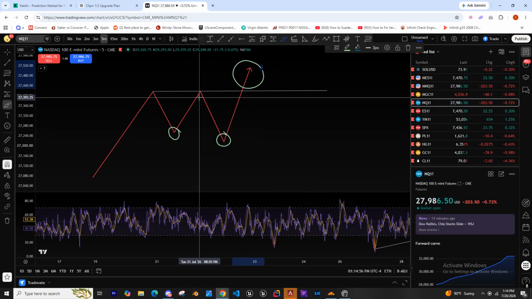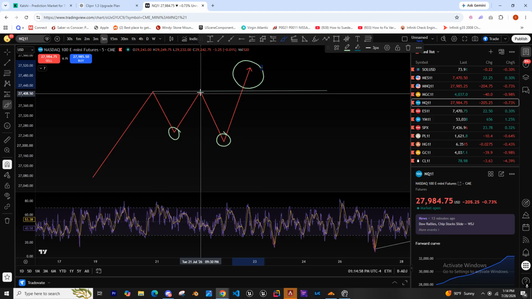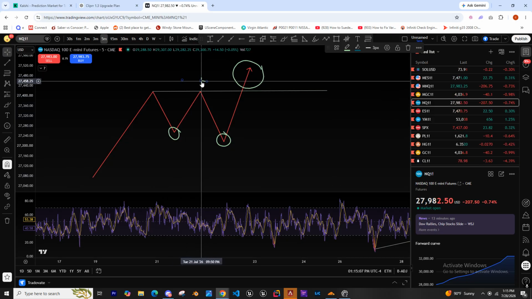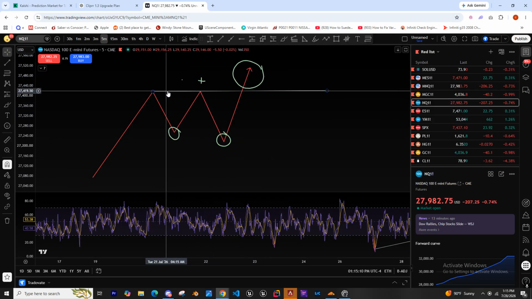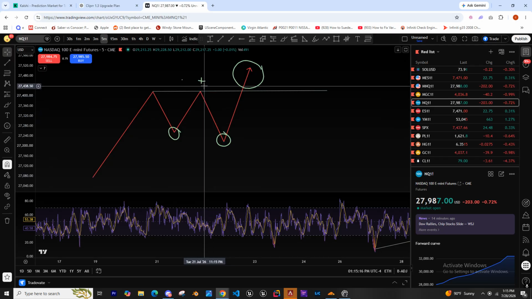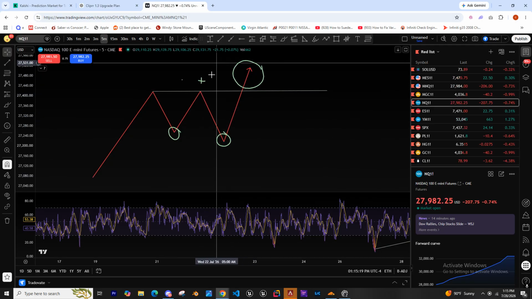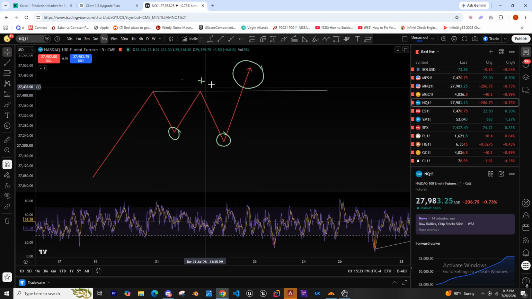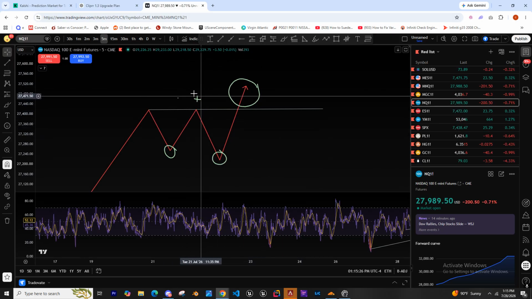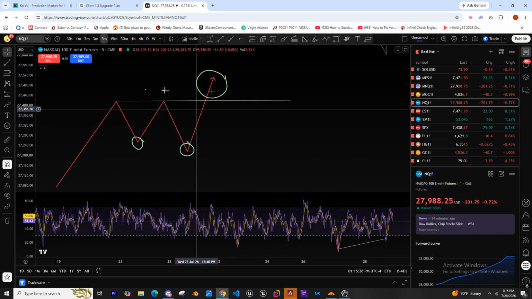So if I'm shorting and I'm looking for price to go down here, I'm going to put my stop loss above this level of liquidity. I mean, this level of resistance, because I'm looking for price to go down. And if price goes above, I know that it's a break of structure, and we're most likely going from shorts to longs. So I want to get out before I end up losing too much money. So you see here,